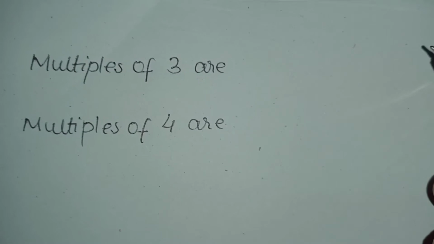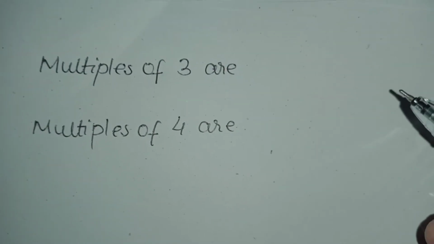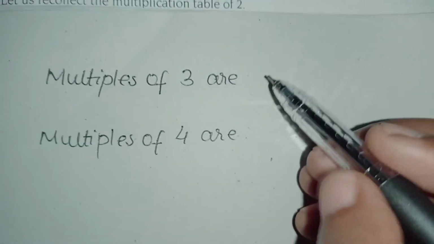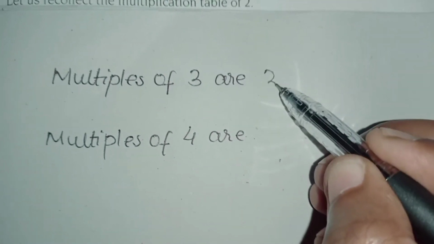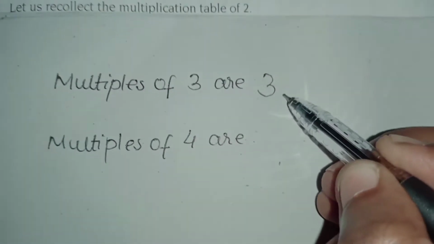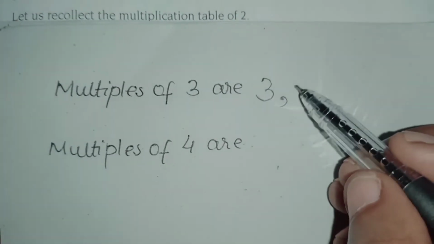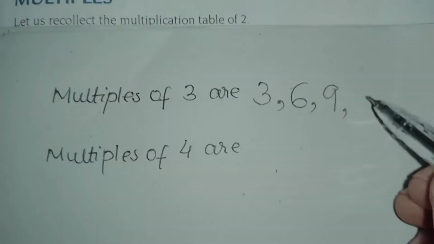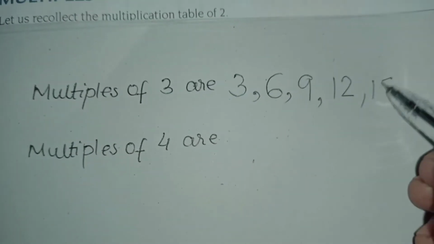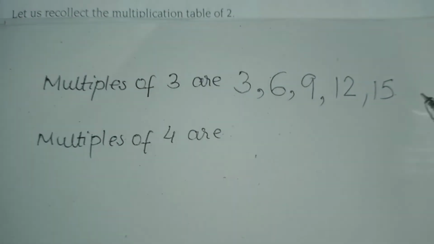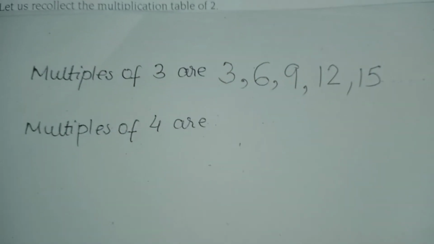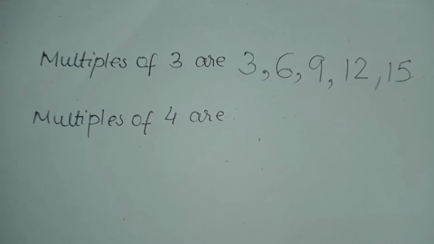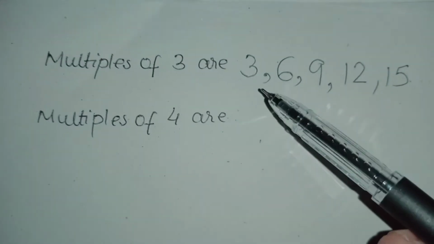What are the multiples of 3? So that means what we have to write? We have to write the table of 3. Okay, so let's write here multiples of 3. 3 1 ja is what? 3. We will just write the product. Okay, then what is there? 3 2 ja 6. Then 3 3 ja 9. 3 4 ja 12. 3 5 ja 15. Okay, many more are there, etc. Multiples are endless. I have written here directly the multiples.